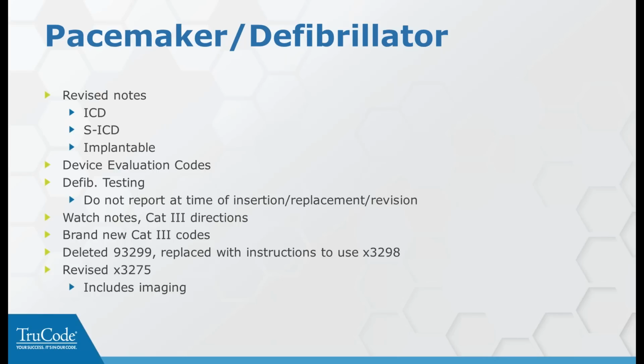And again, remember, we do have some category 3 codes that are referred to in this area, different types of pacemakers. So you want to make sure, again, that you're watching those. Category 3 codes are just as valid as codes over here. So if there's a note here in this section that says, if they do it this way, make sure you use like